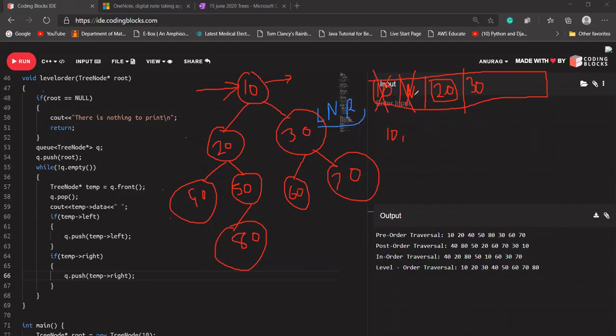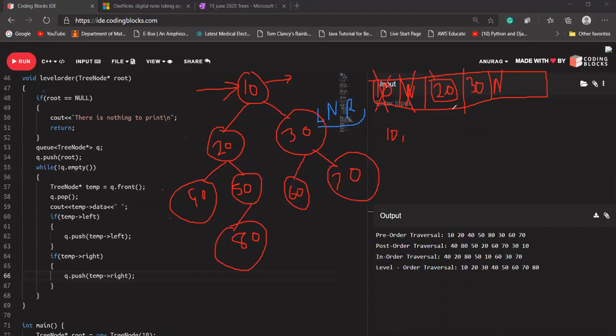And if a null comes, I'm going to add a null here as well, because the parents present before it have already been explored, and their children will be the next level.